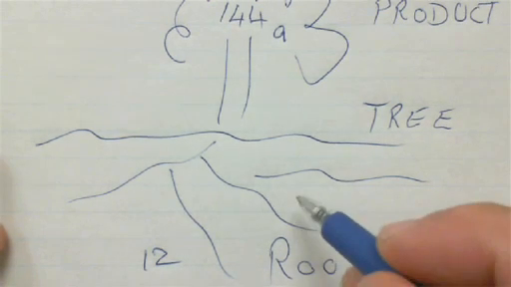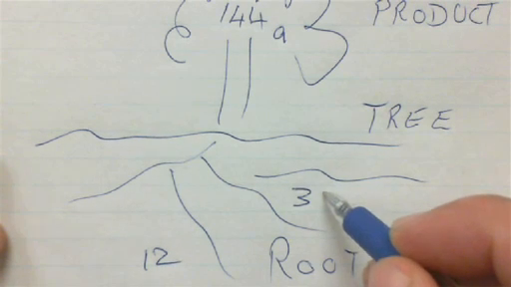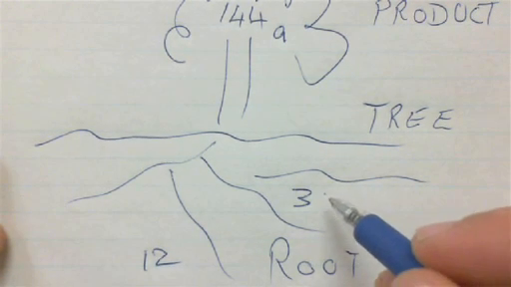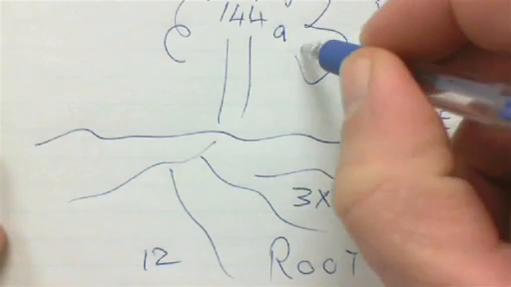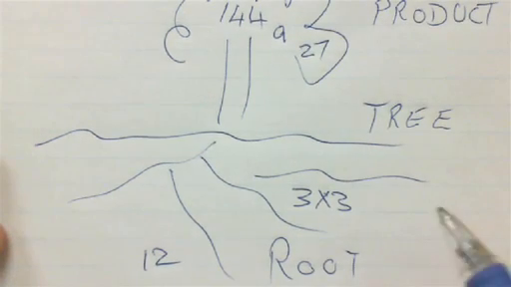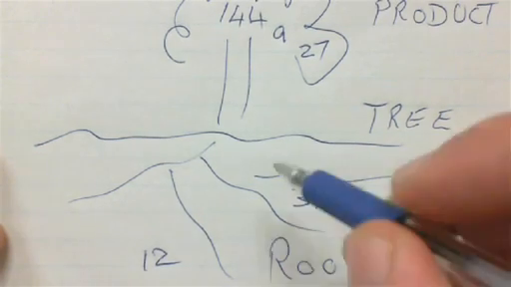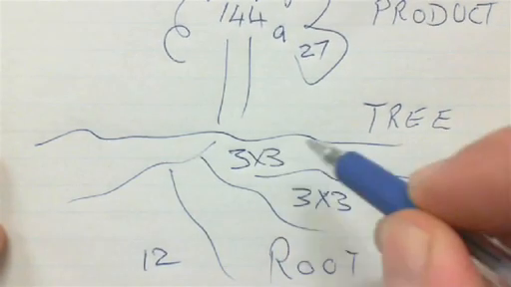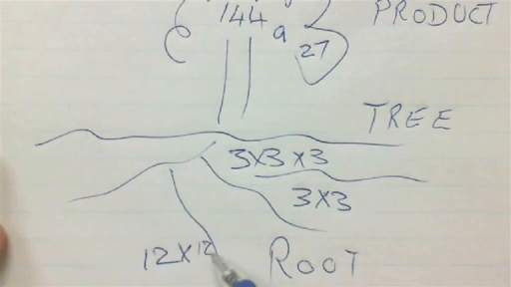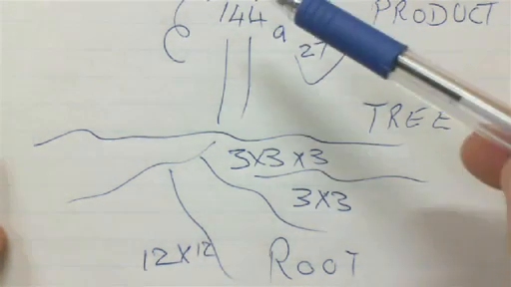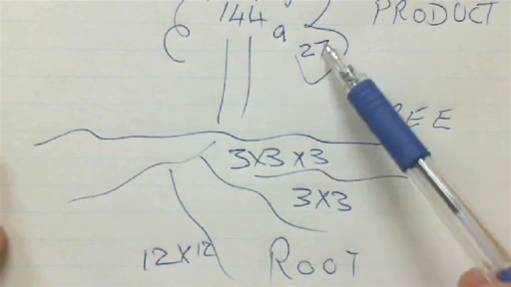Let's have a look at this. We're looking for square root. Okay, we have a tree, we have the ground, and in the ground we have the root system. So we would call this the root down here. That's the tree. The tree produces, so it has a product. And if that product happens to be 144,